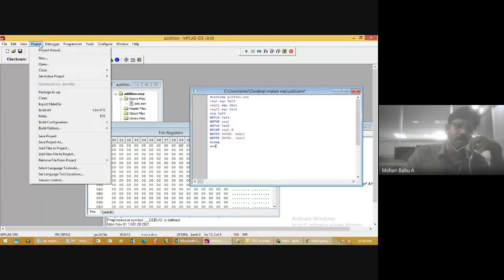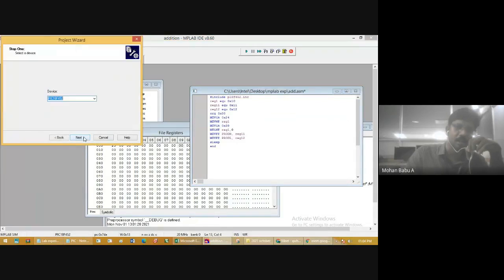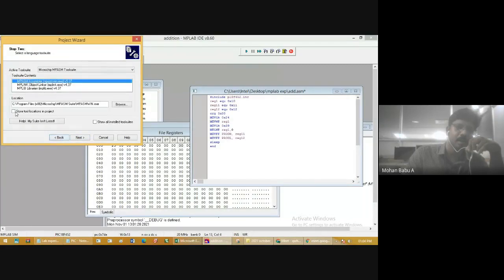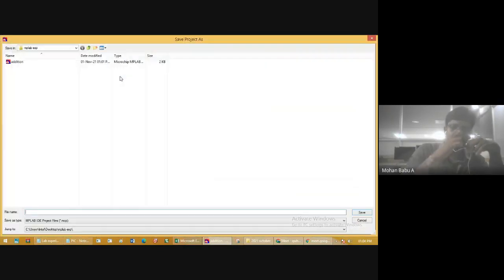Go to the project, go to the project wizard and click next. Select the device. Click 18F452 and then click next. Select the option, then go to the next and choose the location where you want to create the file for the multiplication program code.